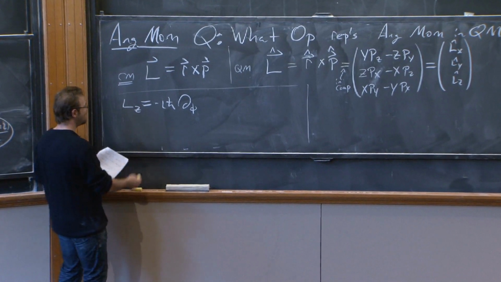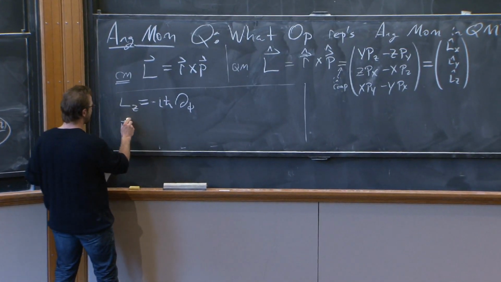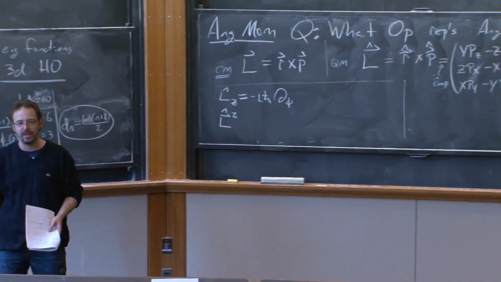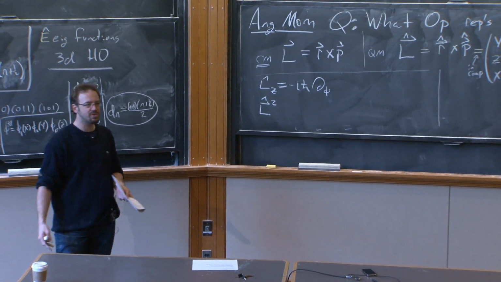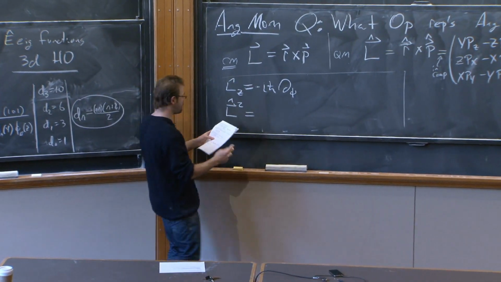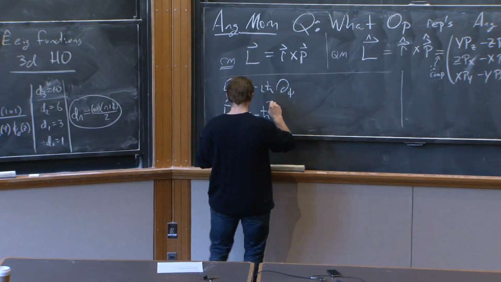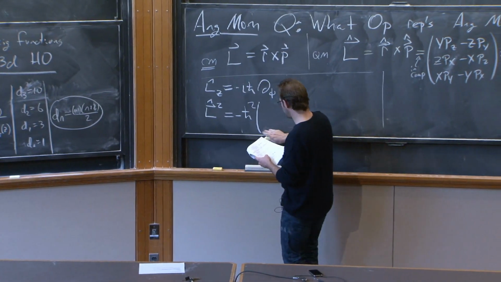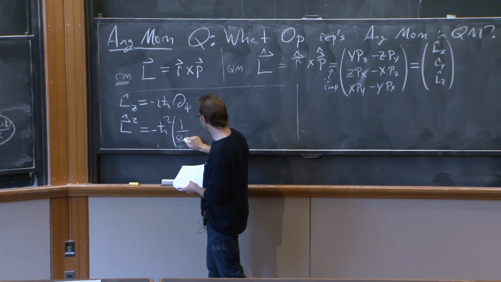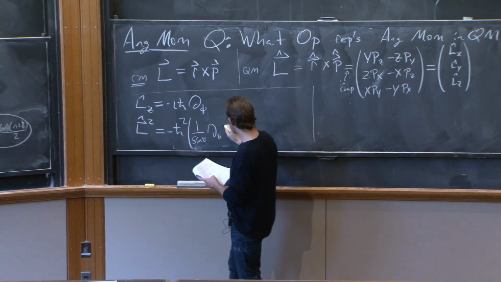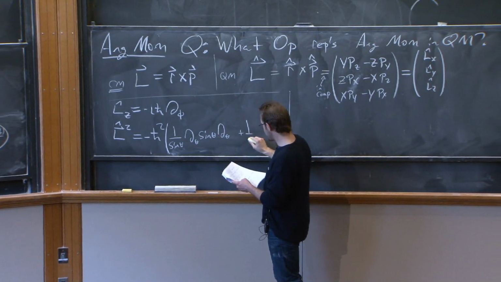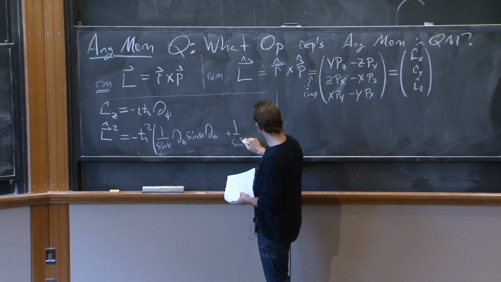So here it is. I can also construct the operator associated with the square of the momentum. And why would we care about the square of the momentum? Well, that's what shows up in the Hamiltonian. That's what shows up in the energy. So I can construct the operator for the square of the momentum and write it, and it takes a surprisingly simple form. When I say surprisingly simple, you might disagree with me, but if you actually do the derivation of this, it's much worse in between. 1 over sine theta, d d theta, sine theta, d d theta, plus 1 over sine squared theta, d squared d phi squared.